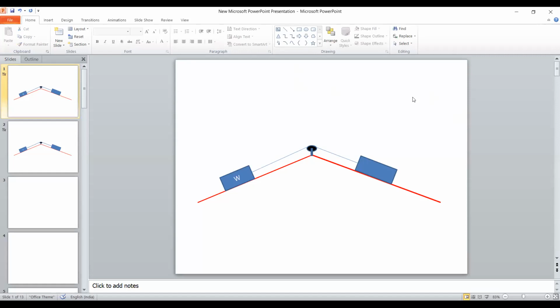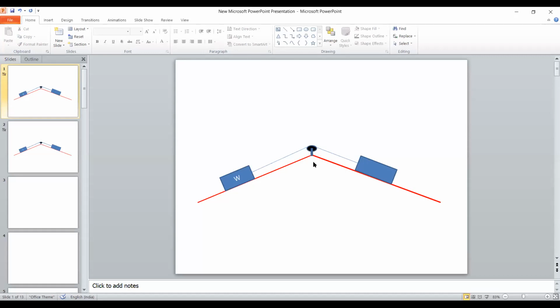So in this session, we will solve the problems on block friction, and especially we will discuss the cases where two blocks are connected to each other. So this is one problem which is shown on the screen. In this problem, two blocks are connected to each other by using a cable. That cable is passing over a smooth pulley.